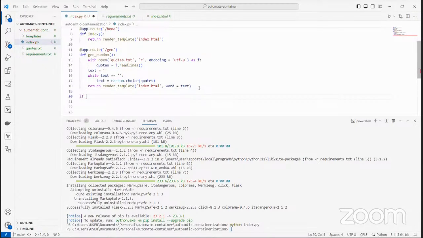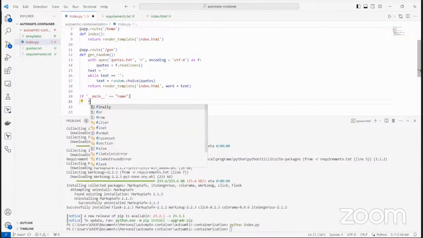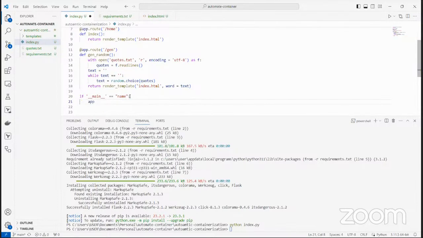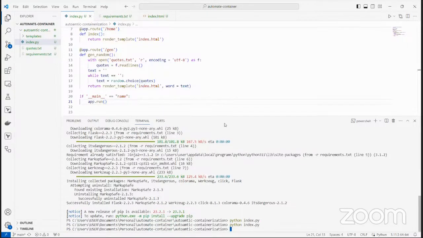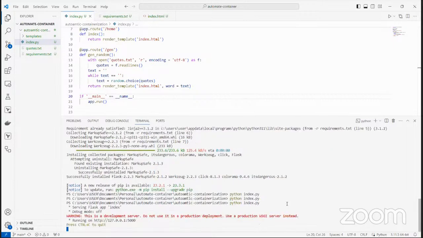So if __name__ is equal to "__main__", I hope this is the correct syntax, then app.run(). What this does is that it allows python index.py to work, but that's not the correct syntax. I think this should be name. Exactly. So if I save this now and run this, you can see now that this Python